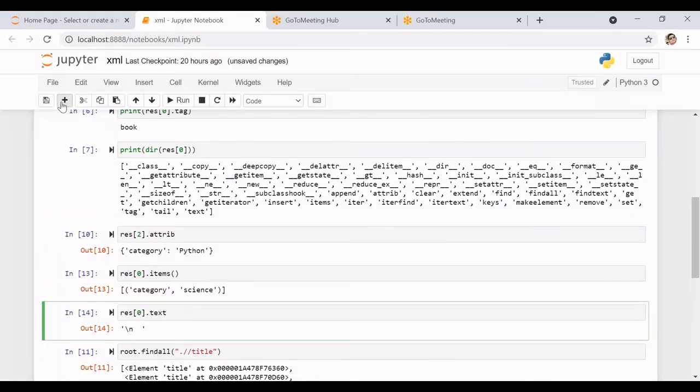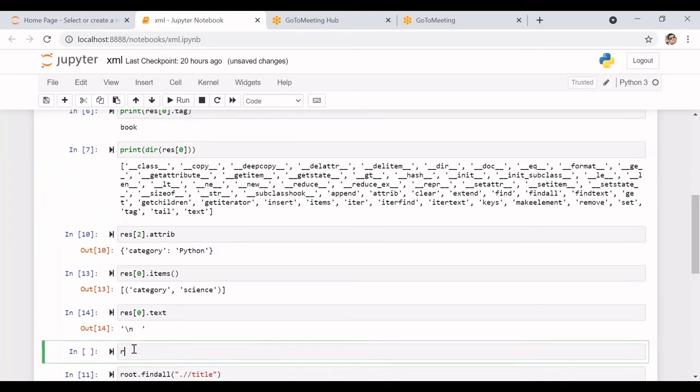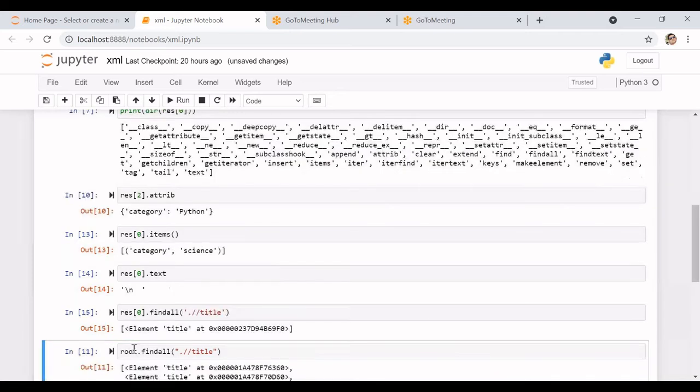Now I will go ahead and say res of 0 dot find or find all. I can use anything. I am going for the find all dot slash slash title. Again, I got the title element.